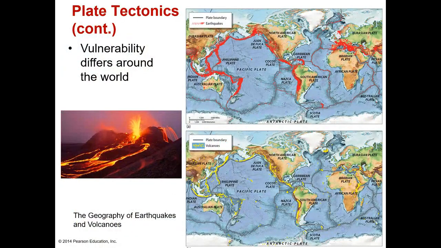Here we have a map of different earthquakes and volcanoes. And as you can see here, the earthquakes in red and the volcanoes in yellow usually follow the edge of plates very closely. So where you have the edge of the Pacific plate, you have all these earthquakes because you have a convergent or divergent plate boundary where different pieces of the land are being pushed into each other. In South America, where you have the Nazca plate being pushed under the South American plate, you have lots of earthquakes